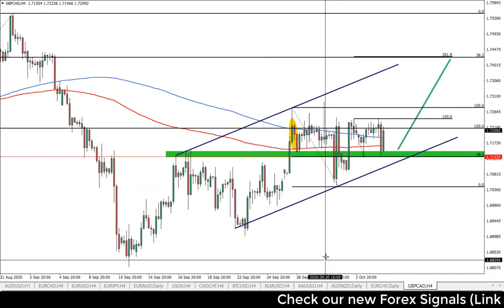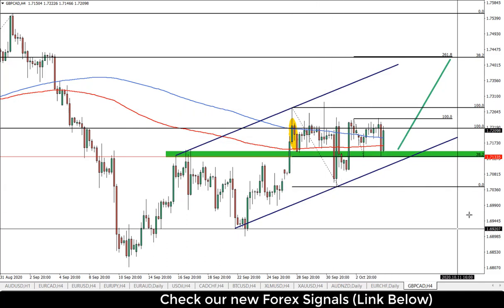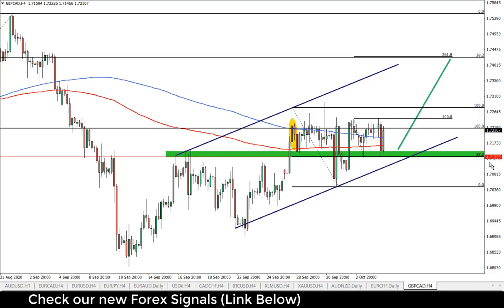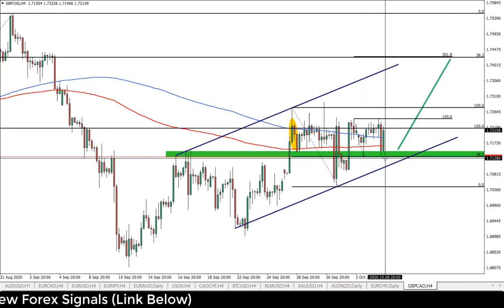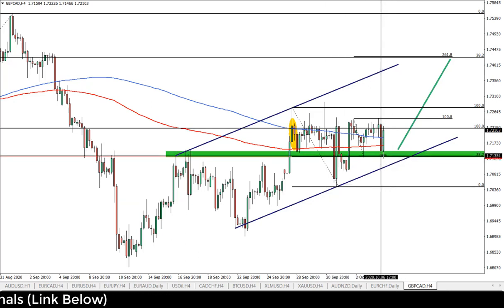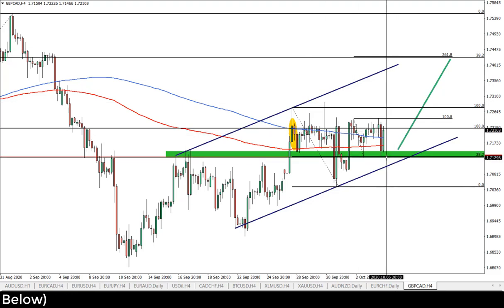If we look at the FIBs, I have applied FIBs to this corrective move to the downside. What we see is the 38.2% retracement at 171.33. It has been rejected twice and today was a clean rejection. This could have been the very starting point of the upside move, and from what I see, this should be